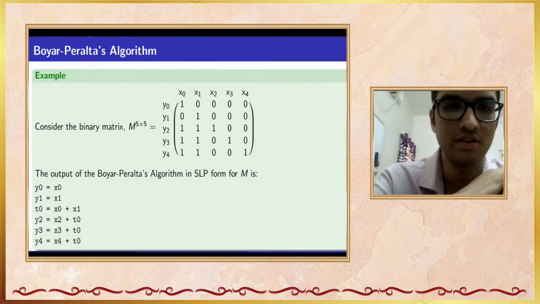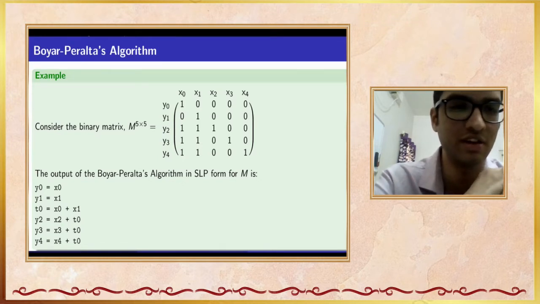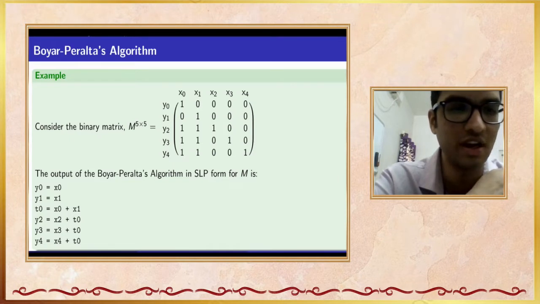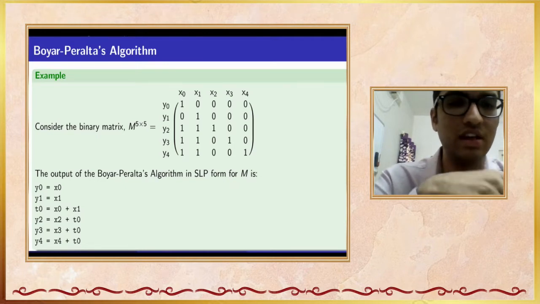Here's an example of the output of the BP algorithm in SLP format for the 5 by 5 matrix. We can see here that the implementation of the matrix takes 4 XOR2 gates, and this corresponds to the B1 XOR count. And we can see that the BP algorithm opted to choose the X0 XOR X1 combination to insert in the base vector. This is because this particular operation appears in all of the outputs, namely Y2, Y3, and Y4. And in the heuristic, if we take the L1 norm and L2 norm of the corresponding DC vector for this combination, then that is the least.